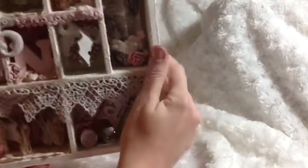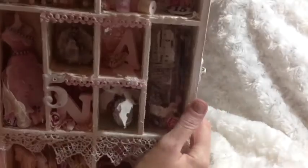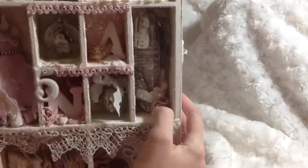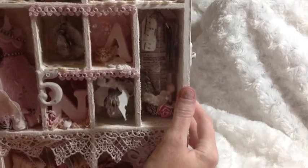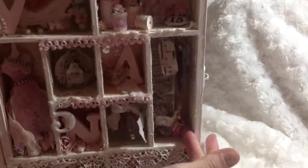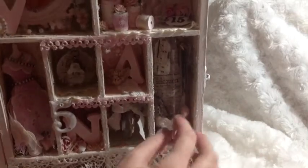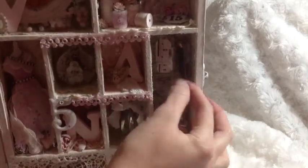And then I have over here, this is one of the huge crystal prisms that Jennifer also sent me, who's Autumn's Mimi on here. And she sent me these really cool, unique things a while back, and I've been using them little by little on projects. And this was one of the huge pendants she sent me. And I got really into putting hooks in the top of the box and hanging things. So you'll see a lot of hanging things in this. And then I just decorated it. There's some charms hanging off,